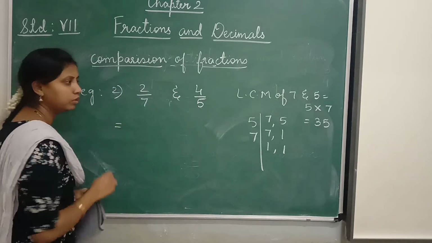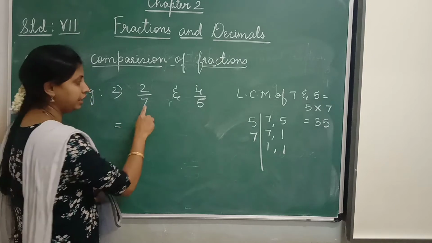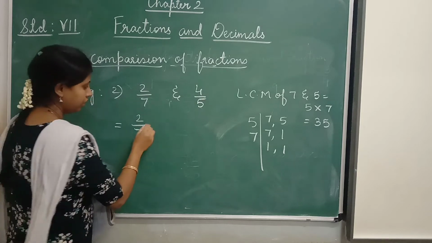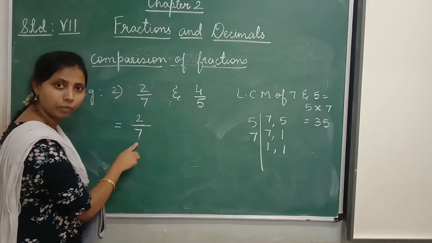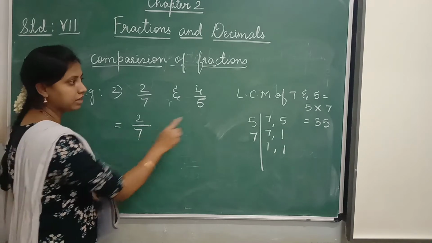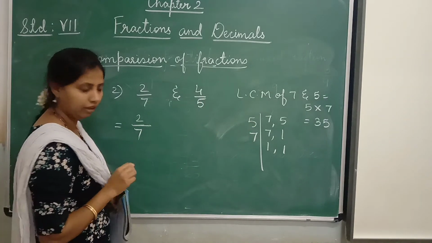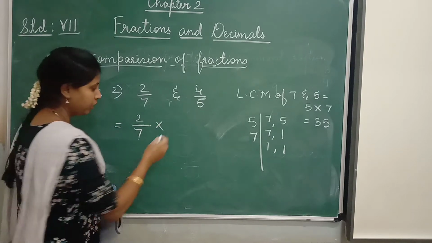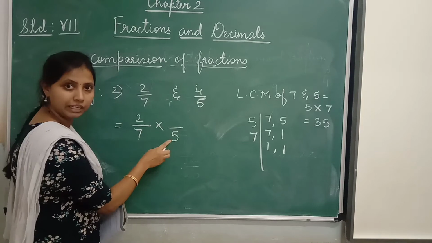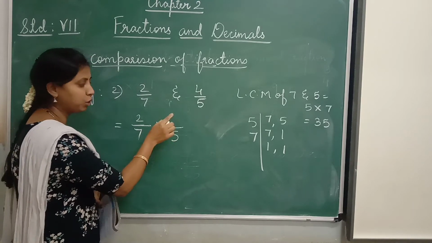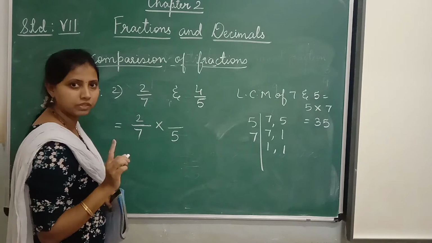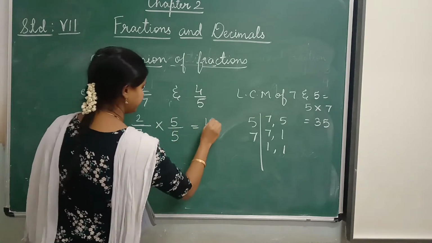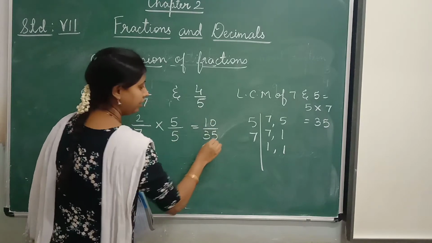Now the denominators you have to convert so that you get 35 on both sides. First take 2 by 7. You have to multiply this 2 by 7 in such a way that the denominator becomes equal to the LCM, that is 35. We know 7 5s are 35, so multiply by 5. When you multiply the denominator, the same number should be multiplied to the numerator. You must not change that. So it is 5 here also. So I will get 2 5s are 10 and 7 5s are 35.